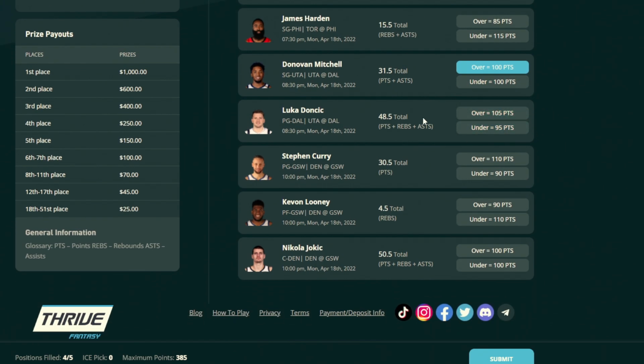Luka, again, he's doubtful. I don't see him playing here at all, so I'm not going to touch Luka here due to that. Steph Curry, 30.5 points. I don't think so. I'm going to take the under on this if I had to play one. They played him off the bench in limited minutes that first game, and how well Golden State looked, there's no reason to push him if they're going to make a deep playoff run here. So not something that I'm super excited to take.